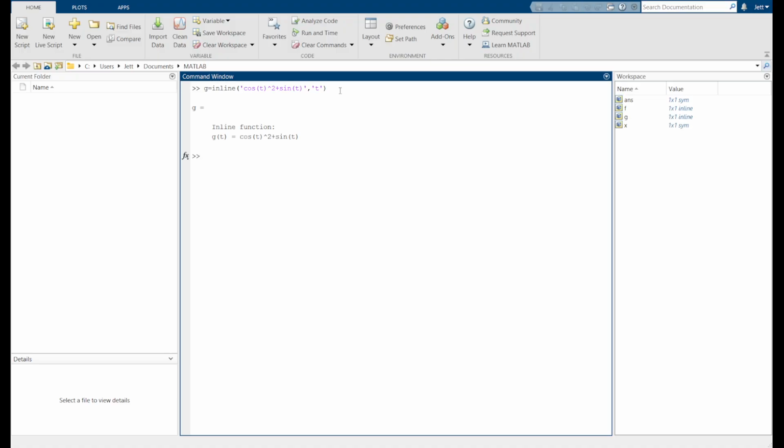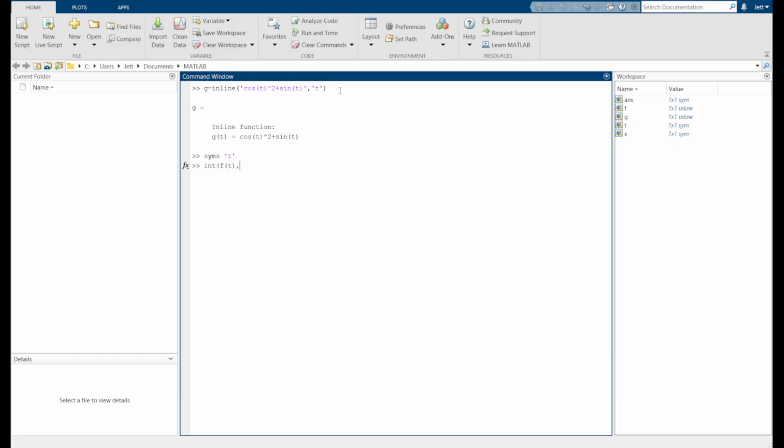Since the only symbolic symbol we have is our x, we may need to do the same for our variable t. Now we can integrate it. Now it's f of t. And to consider our limits, since we're doing a definite integral now, we simply put a comma and then put our limits.